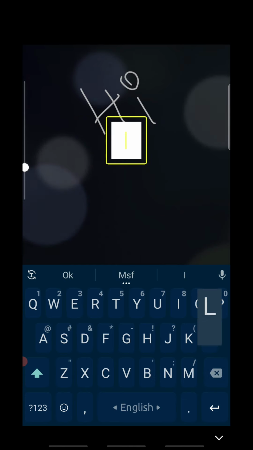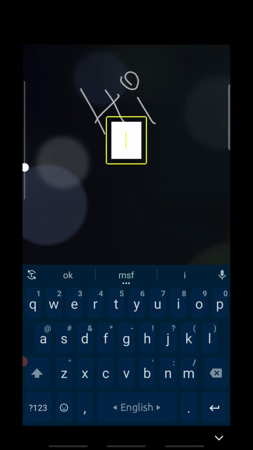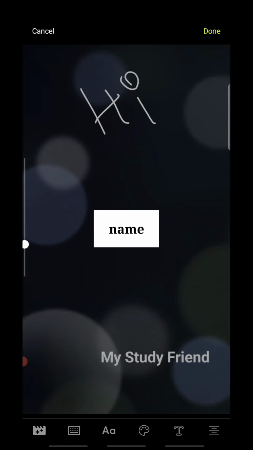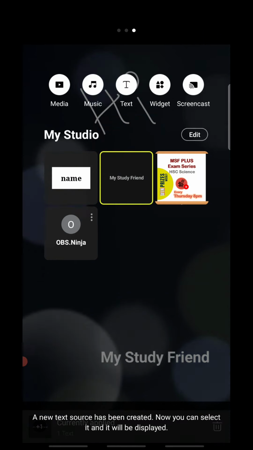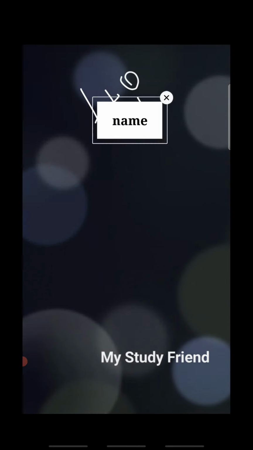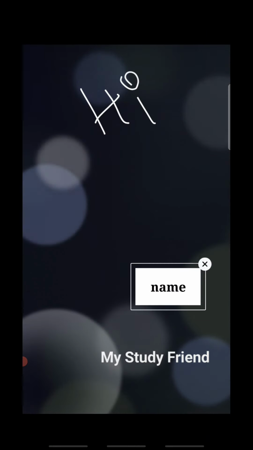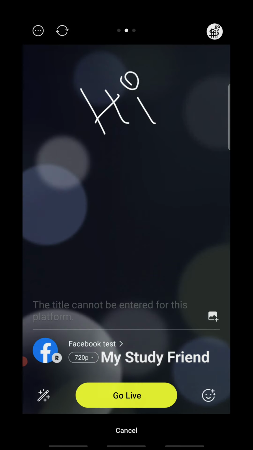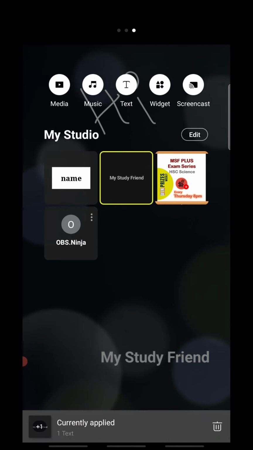So this may be your brand name. So I'm just typing name. Let me show you. Pressing the done button, then select that and just leave it here. It will show some animations. You can see that the animation is working wonderfully.